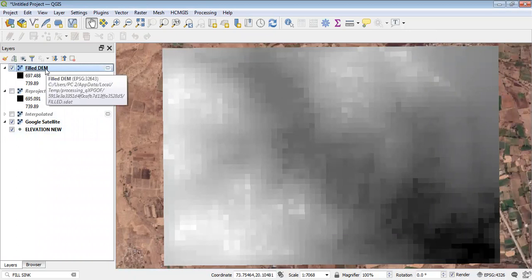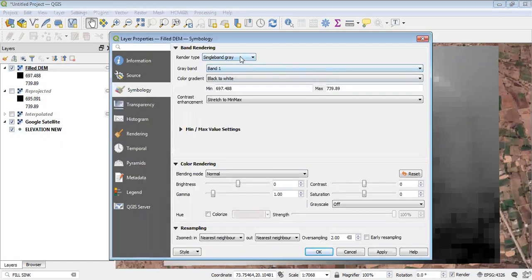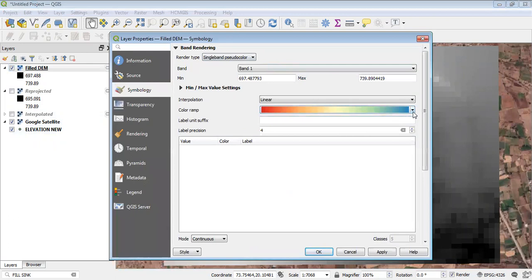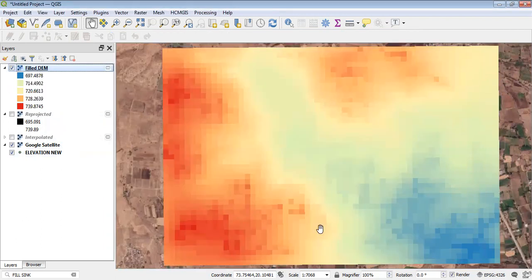So there are two steps in the pre-processing on a digital elevation model. First, reproject it to any projected coordinate reference system, that is PCS, and then do the fill sinks. Okay. Now, if you want to change the colors, you can go to the properties and here we can change the colors. Number of classes 5, make it invert. Yes. So this is how we got our earlier digital elevation model also. Here is the flat land and here is the elevated land, we can see.